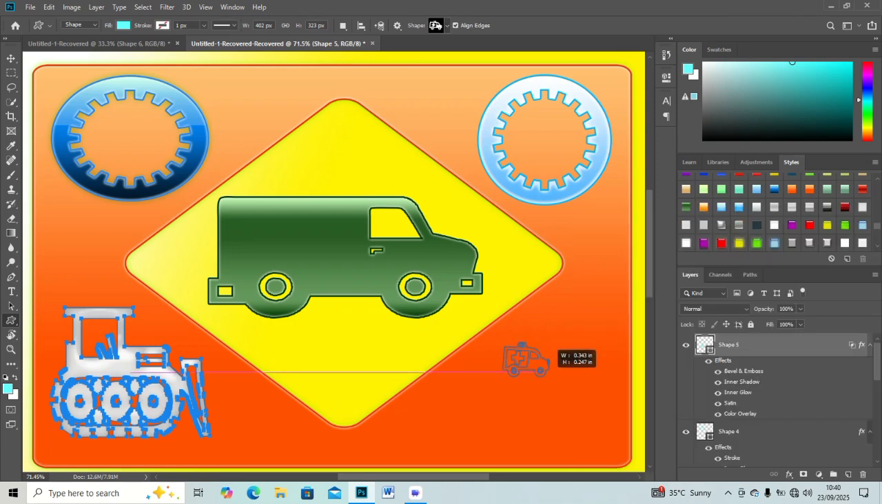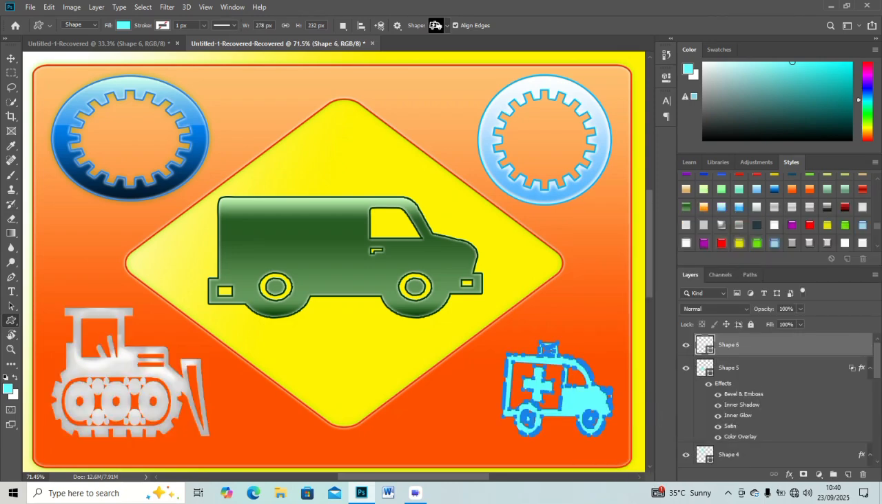Add icons or symbols for quick info highlights. Apply blending